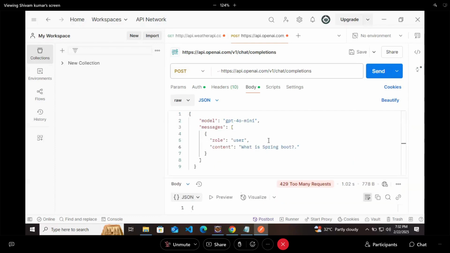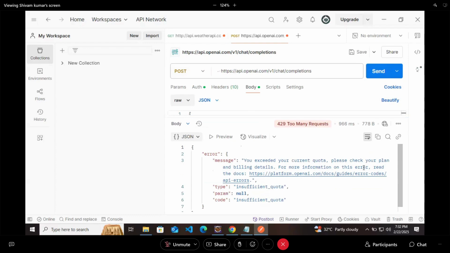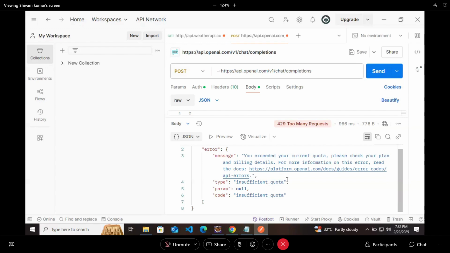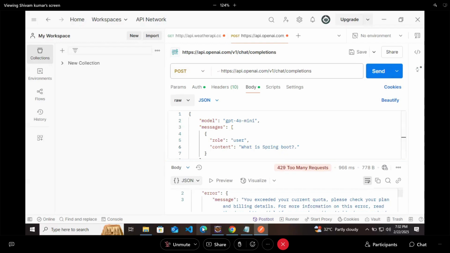Role user, Spring Boot. Okay. You exceeded your current quota. Okay, we will create another account. We have a lot of email IDs, right? So first